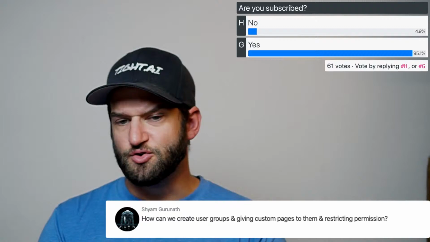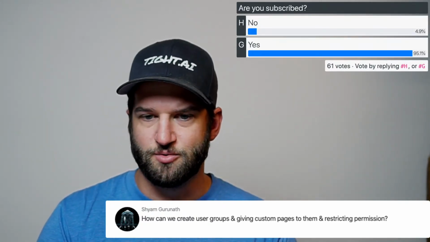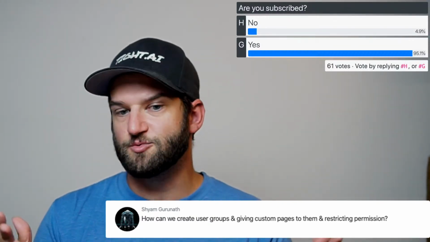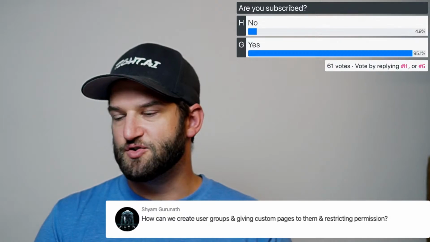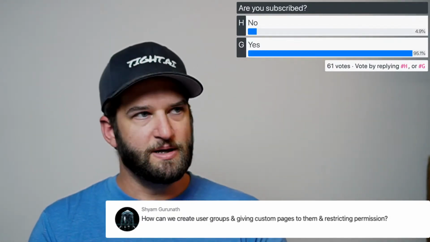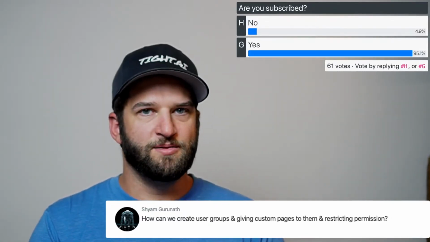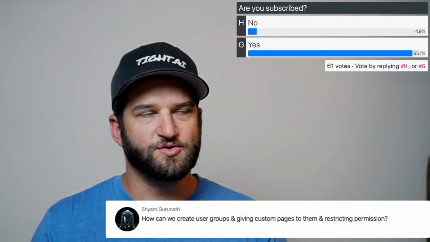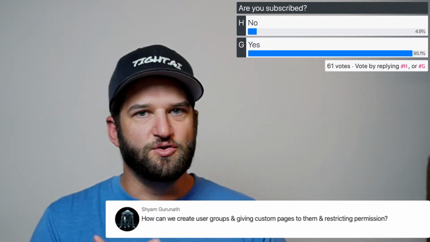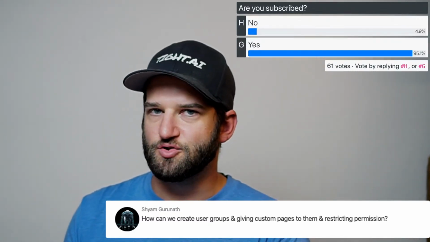Creating user groups in Django is actually really easy to do. Adding restrictions to those groups is also easy. I think maybe the easiest way for the vast majority of people is to build their own model, with a many-to-many relationship to users, and then another model with the permissions of what you want them to do. So try to do it without using the built-in Django features. And then after you do that, hopefully you'll have a better sense of how the Django features work.